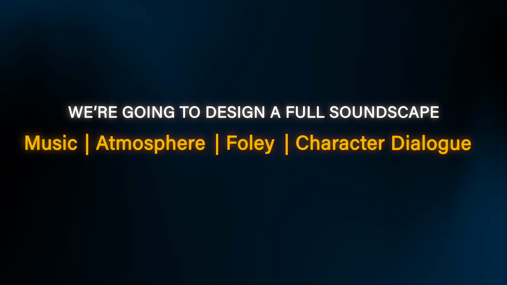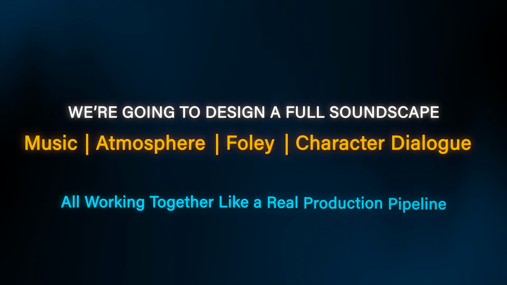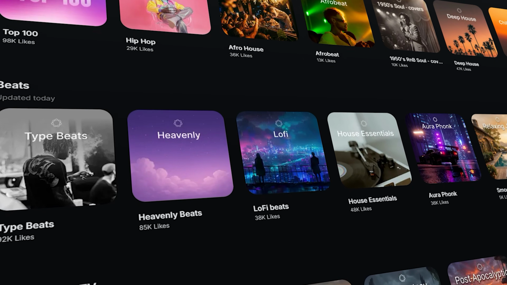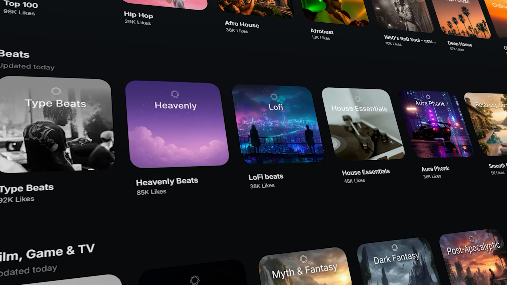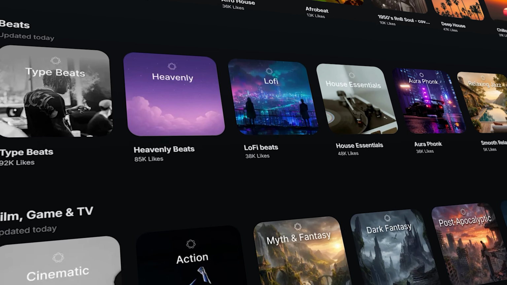This is not just about generating a song. We're going to design a full soundscape, music, atmosphere, Foley, and even character dialogue, all working together like a real production pipeline. But before we even begin, I need to show you why I call MusicGPT a production studio rather